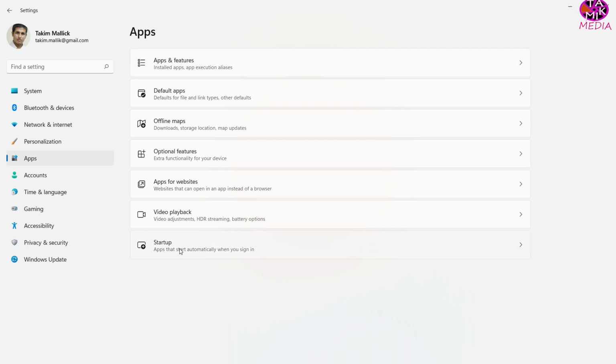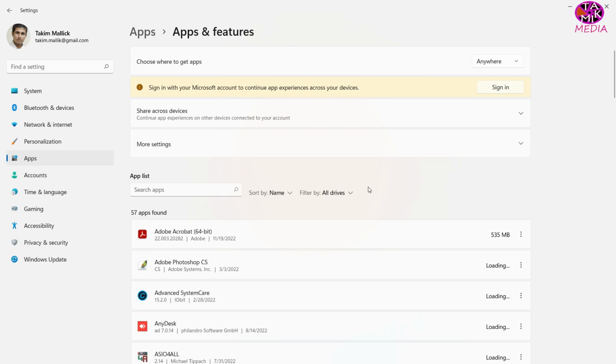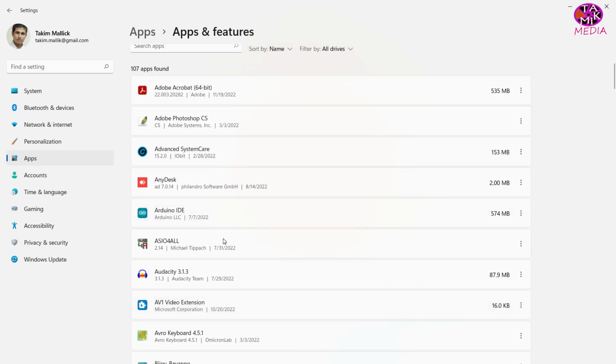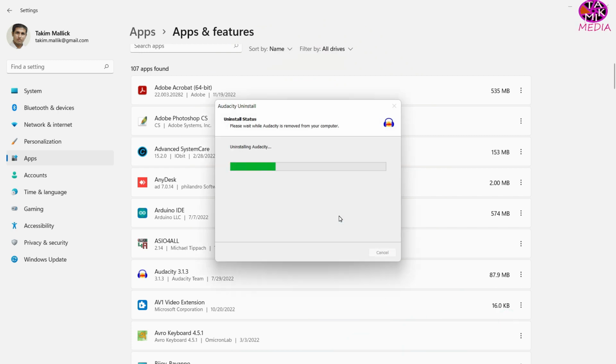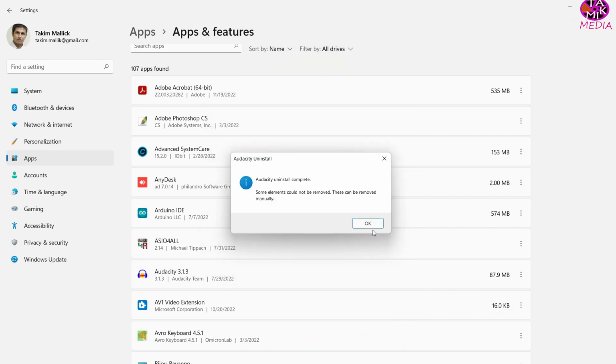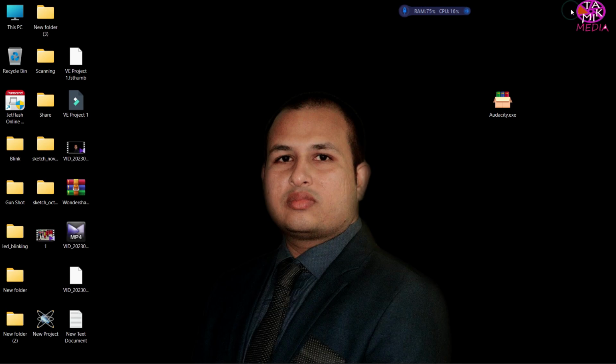Okay, features, Audacity, this is the Audacity, and I'm going to uninstall from here. Okay, uninstall complete. Okay, see, the Audacity is no more here,